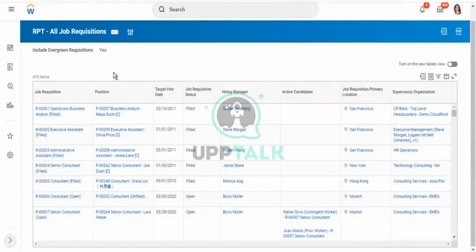In most scenarios, you don't want to close that requisition, and you attach multiple positions to that one. Let's say the VP under the CEO of the organization. The CEO will be there in the company, managing the entire organization hierarchy. And the vice president is one of the positions which you want to have as evergreen. Once you create a vice president position under the CEO of the company and a requisition,